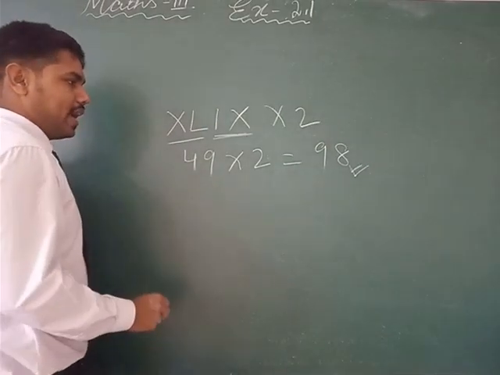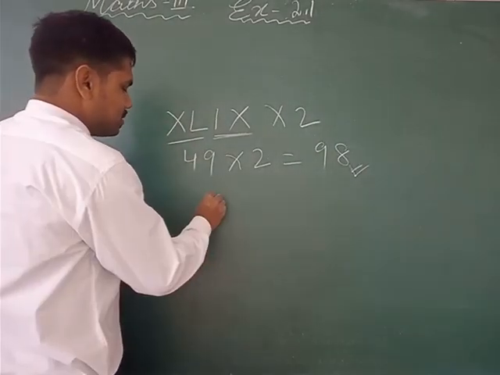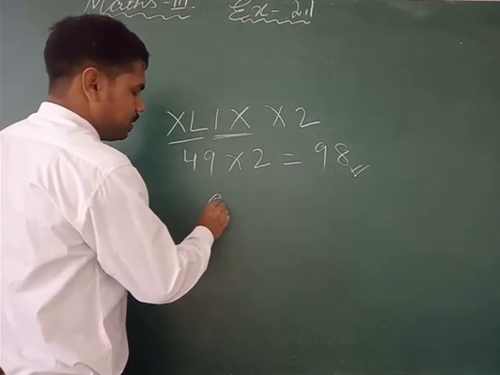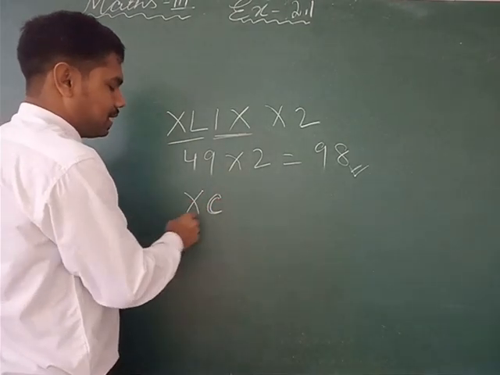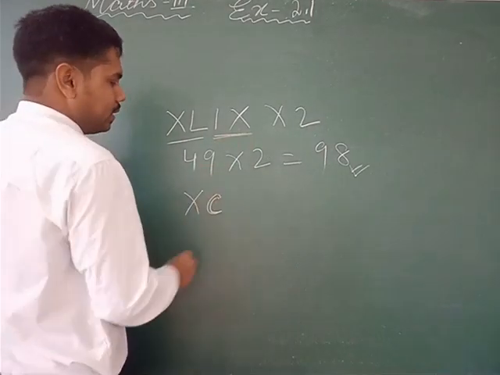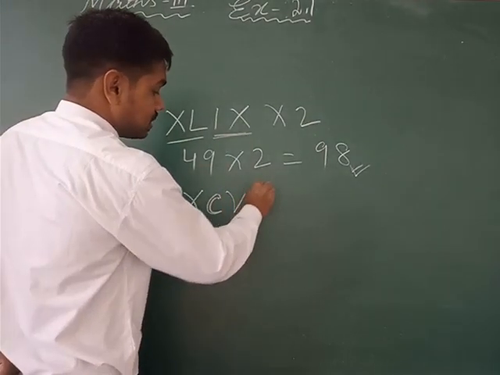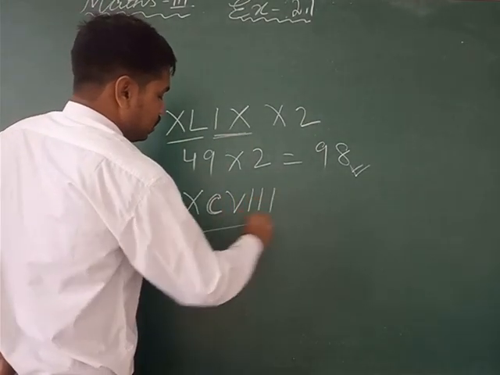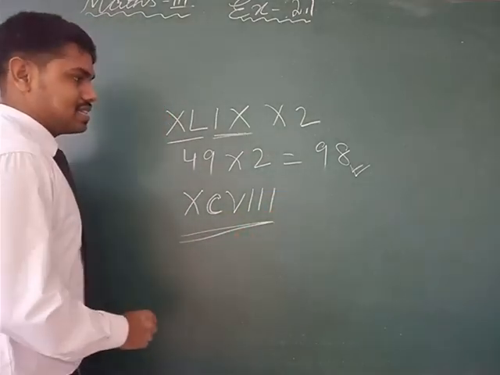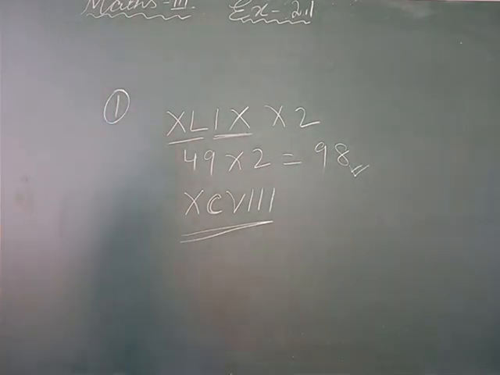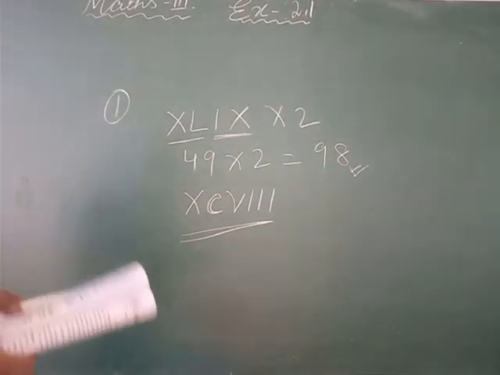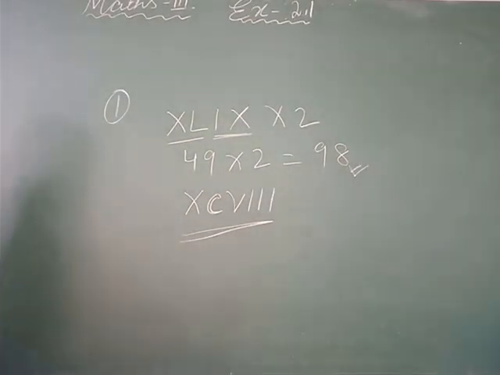So as we know, C means 100, okay, and XC, if you subtract, that means 90, and then 8 means 5, 6, 7, 8, VIII. So this is the required answer which it is asking about. So this is the value-based question number 1. Next question which we have is question number 2. So let's see question number 2 also.